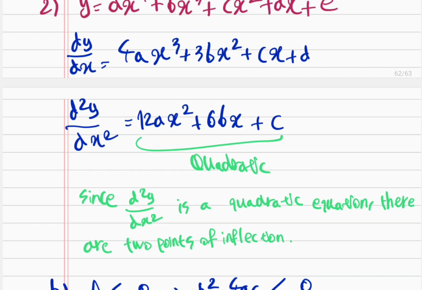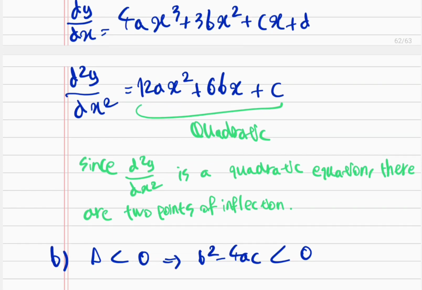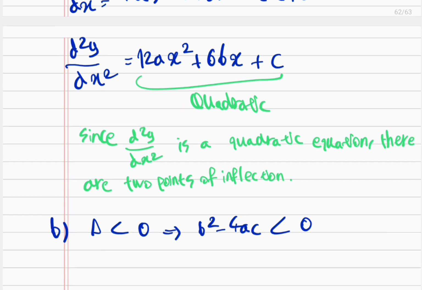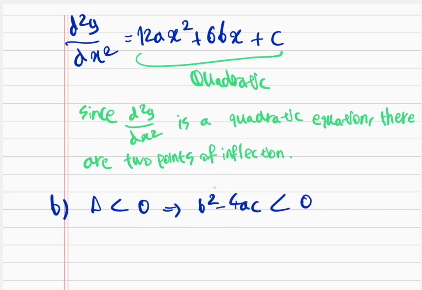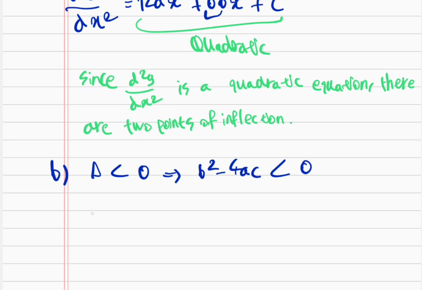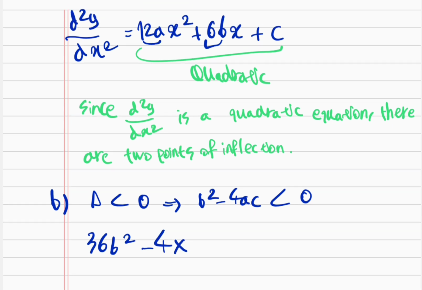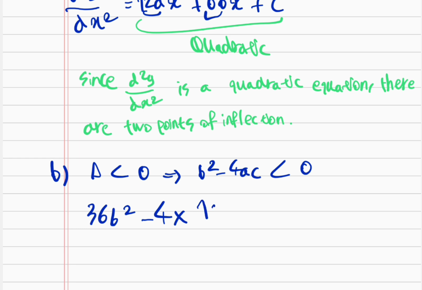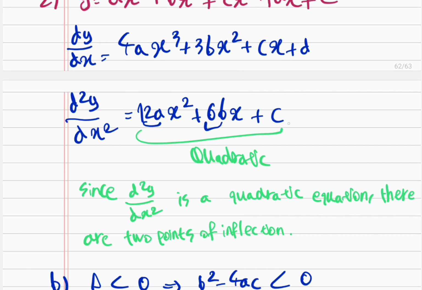so for b squared, we need to use the values from the equation, the quadratic equation, which is d squared y over dx squared. So b is this value of 6b. So it's going to be 6b squared, which is 36b squared. And then minus 4 times a, so a is 12a in this equation, times c. So the value of c is actually just